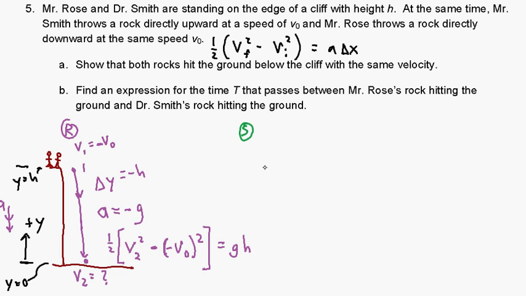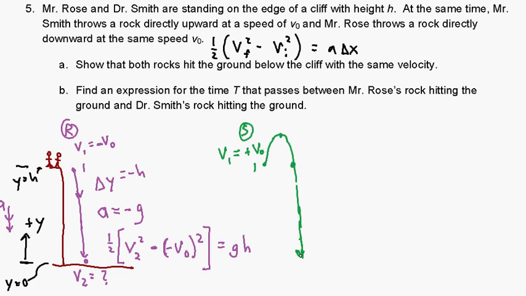my rock starts, I mean, I can't really draw it because I've used up too much space over there, but it starts here, initially going upwards. So for Smith's rock, v1, velocity at state 1, which is right here, is going to be positive v naught, and then it goes up, and then it comes back down, and I'm going to go just to